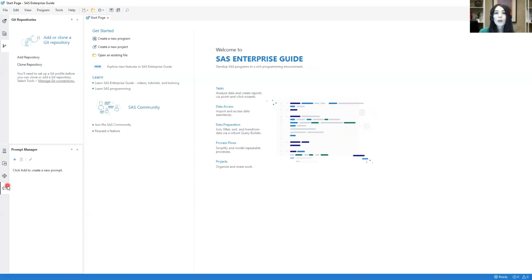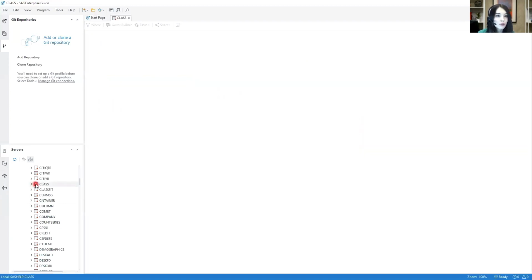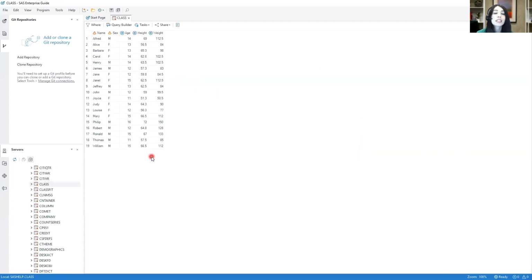Let's go ahead and start by adding in a table to Enterprise Guide. So I'm going to go ahead and select the servers pane. I'm going to go ahead and expand the name of my server, which is called local. Libraries, and from the SAS help library, I'm going to locate the class table. Let's go ahead and double click on the class table, and that opens up the table in a separate tab